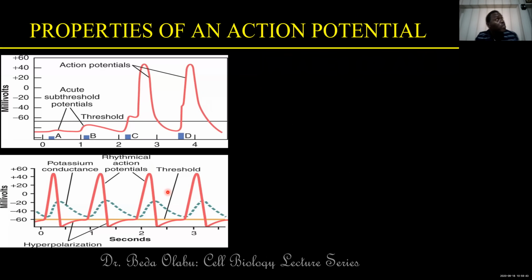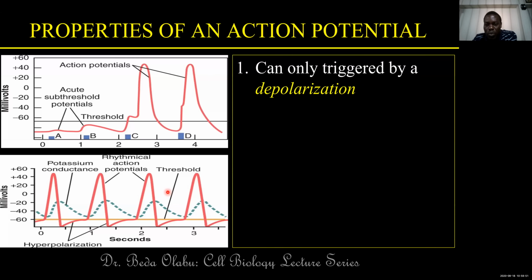Now I want us to finish by talking about properties of an action potential. One of the properties of an action potential is that an action potential can only be triggered by a depolarization. If you have a graded potential, we agree that graded potentials can either be a depolarization or a hyperpolarization. Hyperpolarizations cannot generate an action potential because, look at this. If this is the resting state, if you have a graded potential that is causing the membrane potential to go in this direction, hyperpolarization,